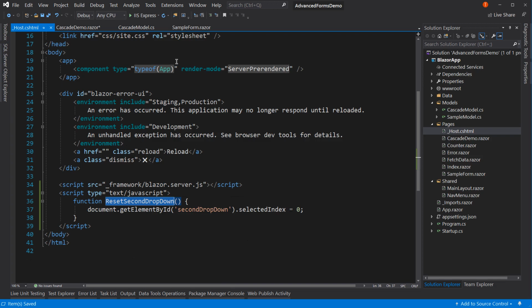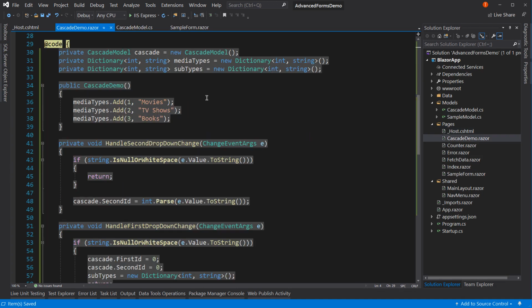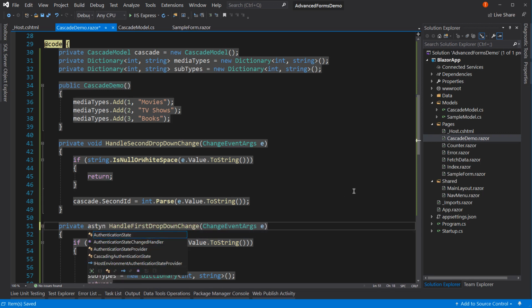Let's figure out where we want to call this. I think we want to call this in the handle first dropdown change. Okay, but let's make this async